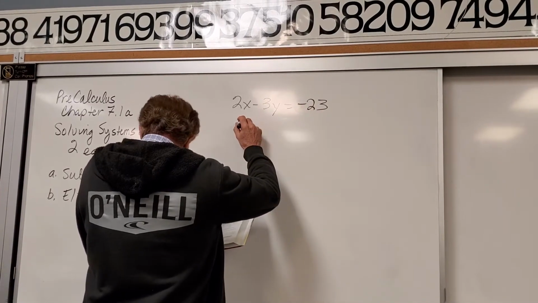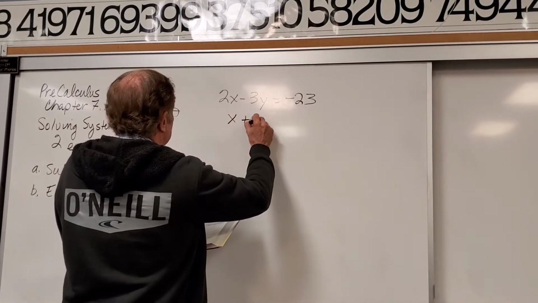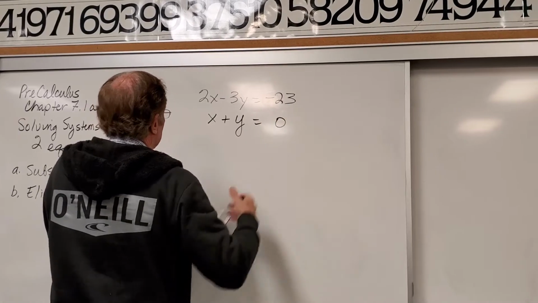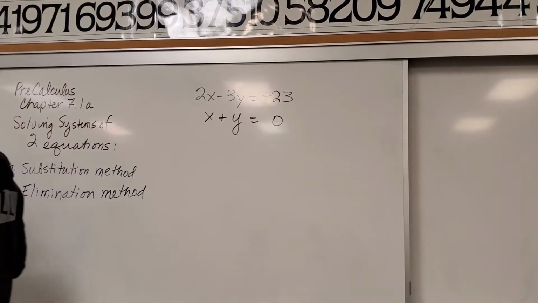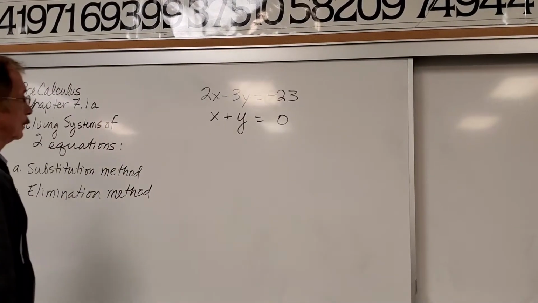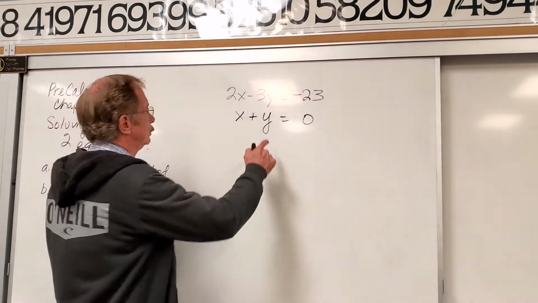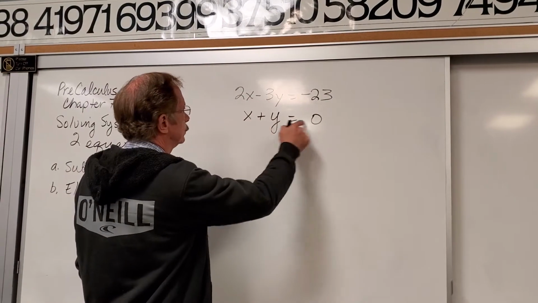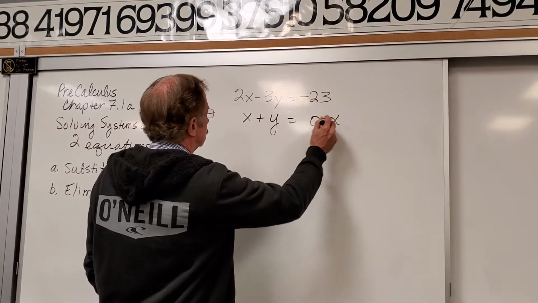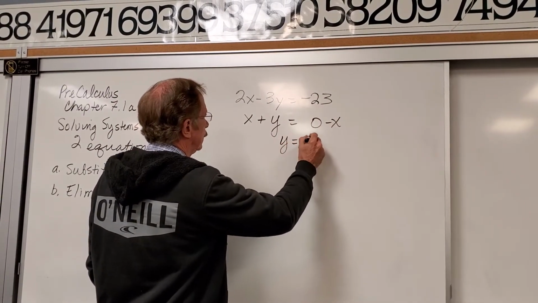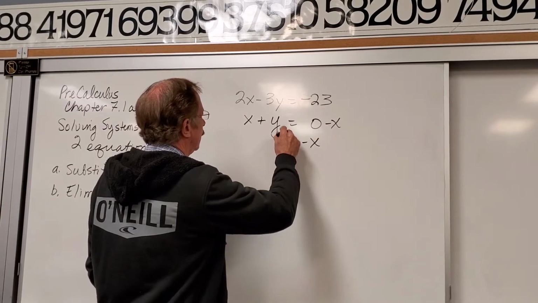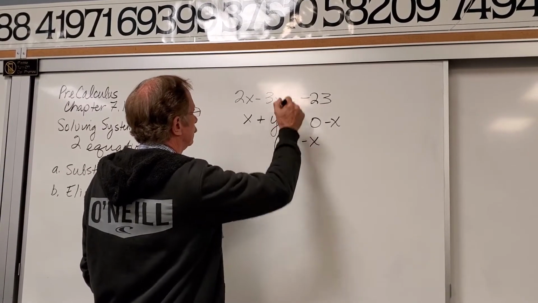And then down here I have x plus y equals 0. And so I'm going to do the substitution method, which seems the easiest to do here. Substitution, I'm going to leave the y where it is and subtract the x. So I now have y equals negative x,